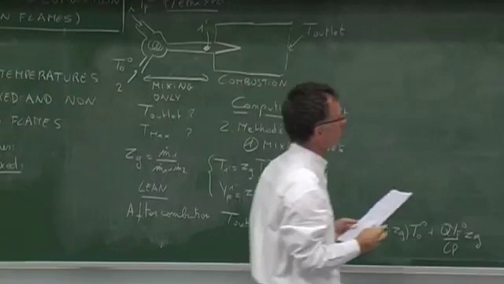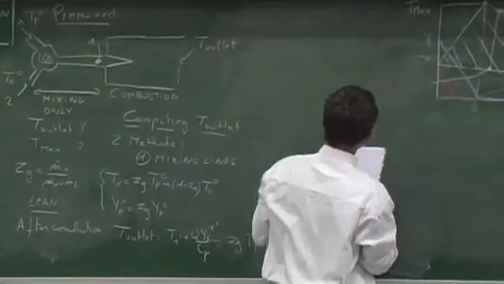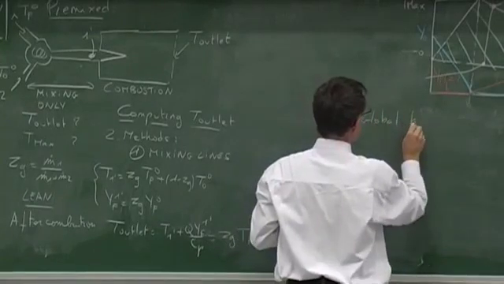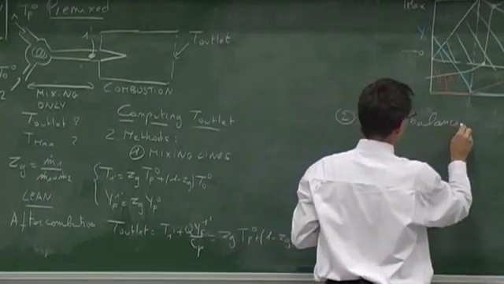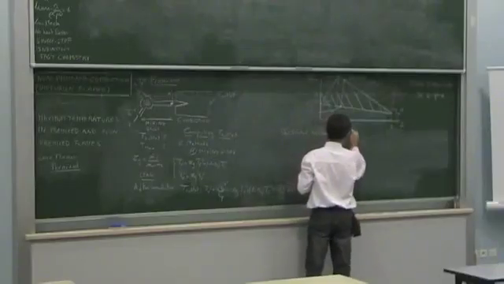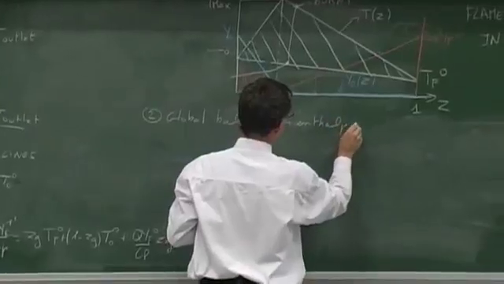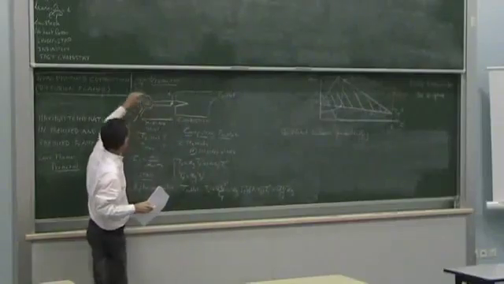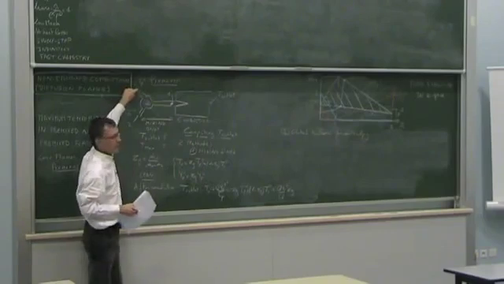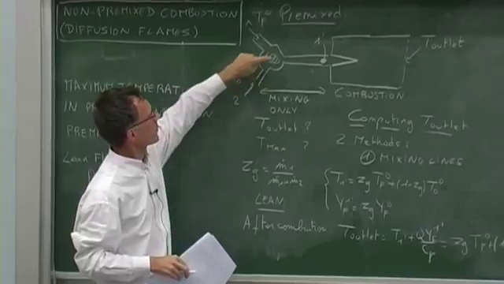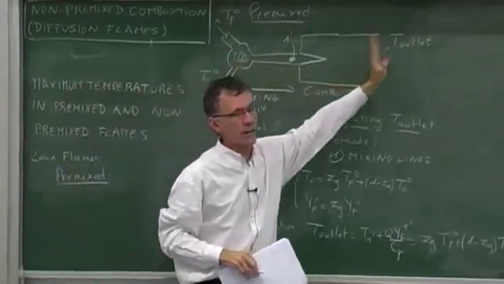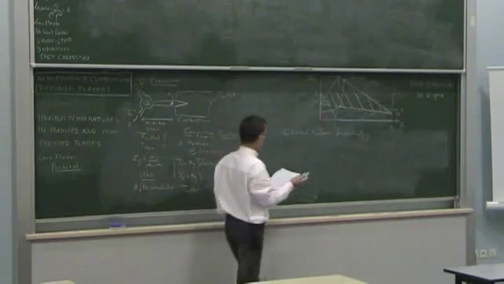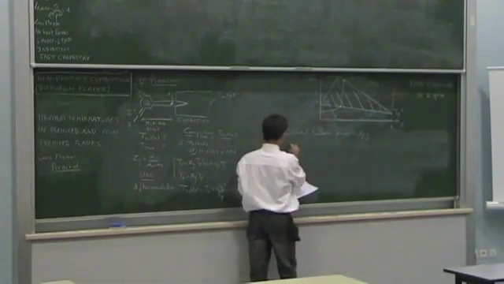There is another method which I'm going to use here to show you actually that we could have obtained everything here in simpler ways. You can write a global balance for enthalpy. We could say here that in a system like this, the enthalpy entering here plus the enthalpy entering here plus the enthalpy due to combustion is equal to the enthalpy going out. Okay, a simple expression under the assumption we have here, Cp equal constant.